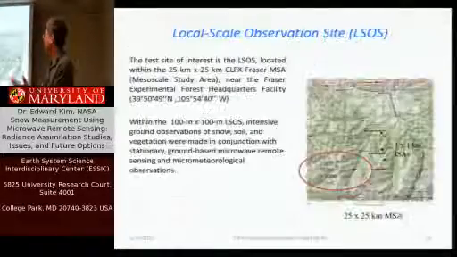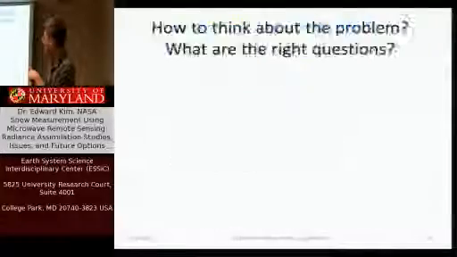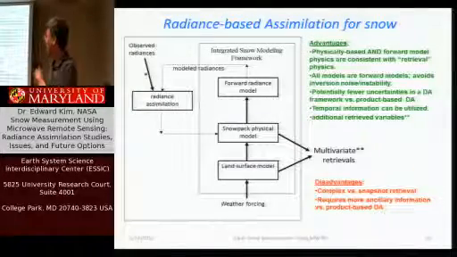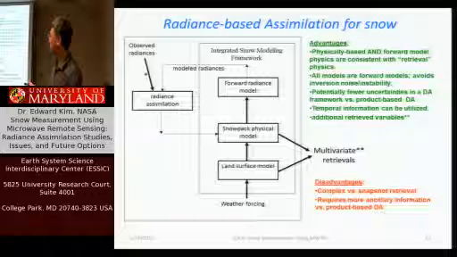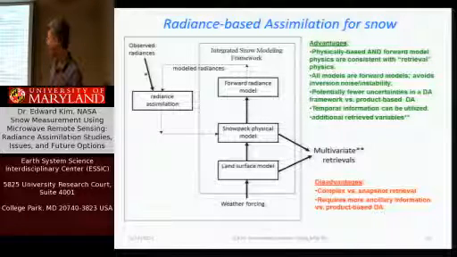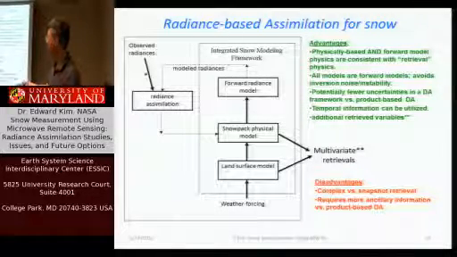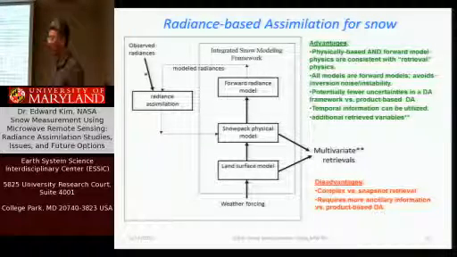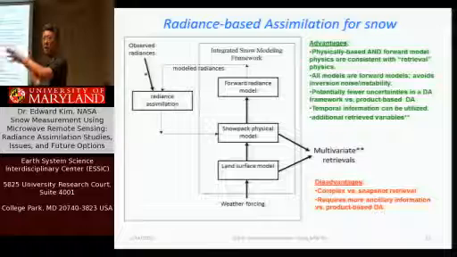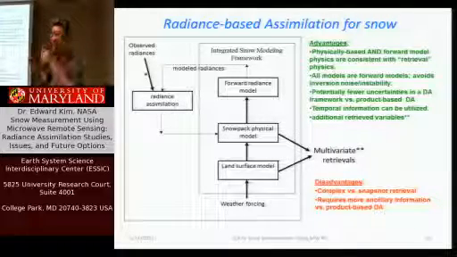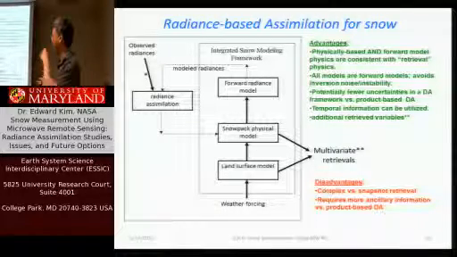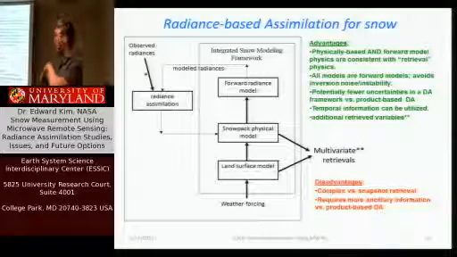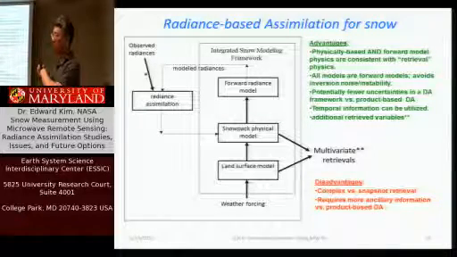I want to be able to know, how good does each one of these boxes have to be? How good does this box have to be? How good does this data have to be in order for this whole thing to work? And so my way of thinking about it, since I've got an engineering background, is to divide and conquer, to try and design experiments that will answer those questions,